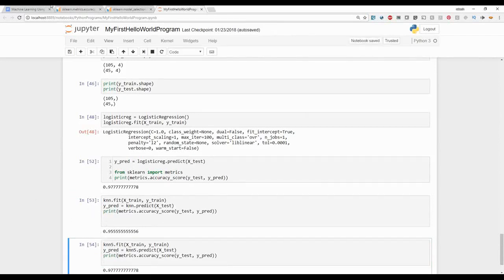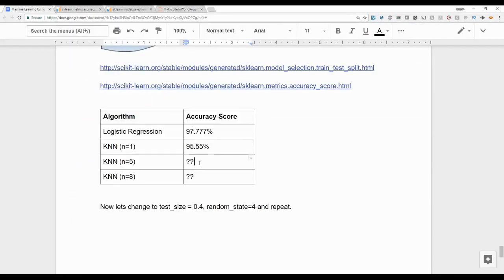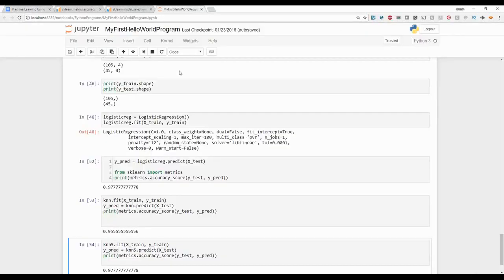And if I do that, that gives 97.77. So now you're getting closer to saying that, okay, maybe KNN equal to 1 is not a good choice, but logistic regression and N equal to 5 is giving me some good, accurate predictions. Now,